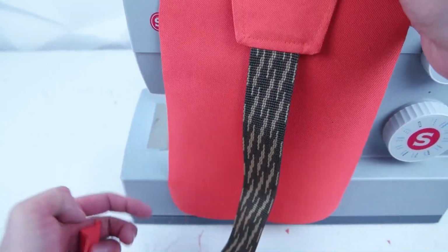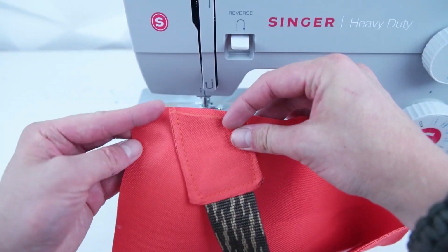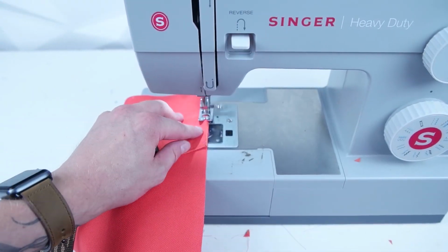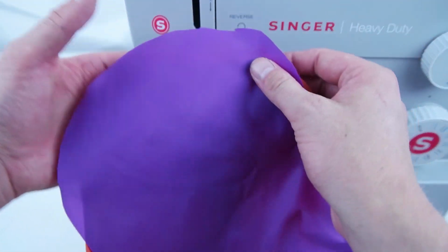And then on the left side of that main panel, you're going to want to go up about an inch from the bottom and sew that on right on the edge. And we're attaching these like this so that way it's easier to sew on when we attach the side panel and everything stays aligned. And just like the front panel, we're going to do the same for the back, so